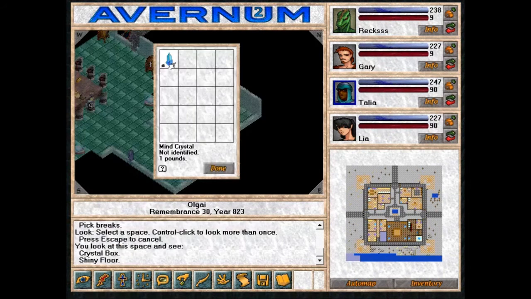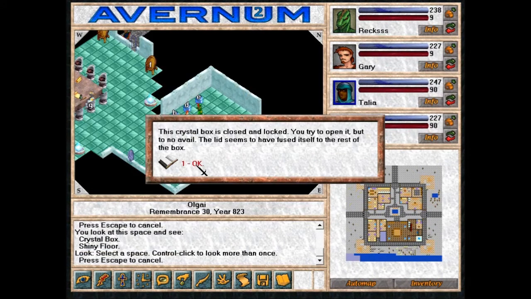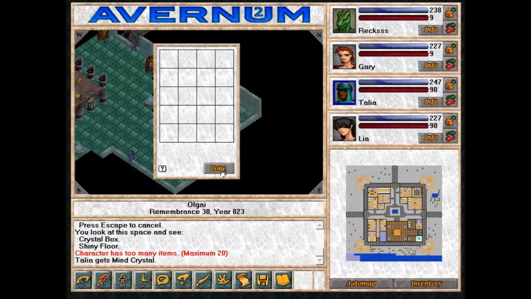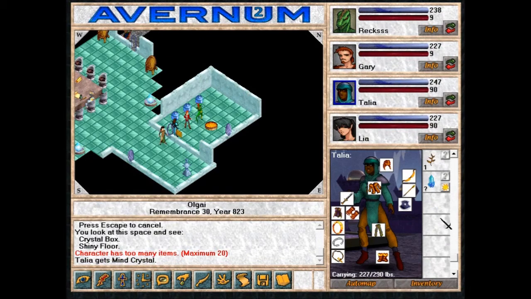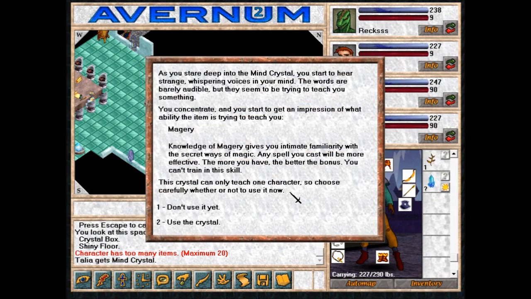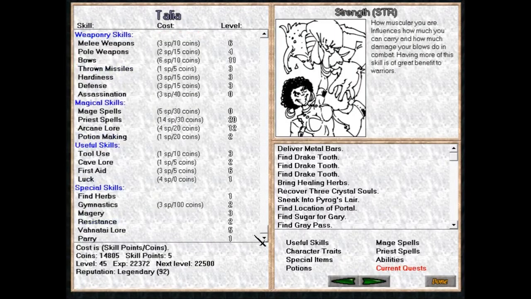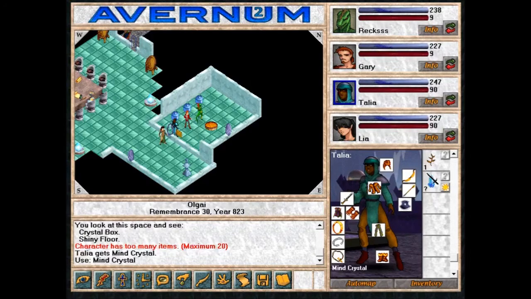Let's see. A mind crystal. Closed and locked, closed and locked. Okay, this one is a mind crystal. Okay. Lee is carrying too many items too. We gotta use some of those mind crystals. What does this one do? Magery! That's actually one that I think we can use. What is our magery at? 3 and 3. What the...